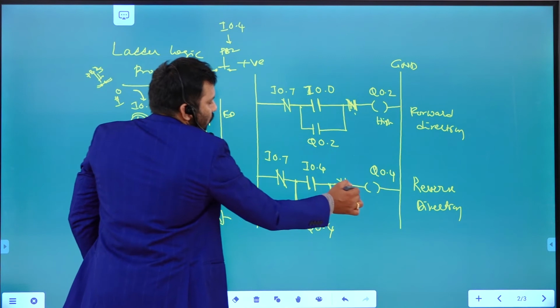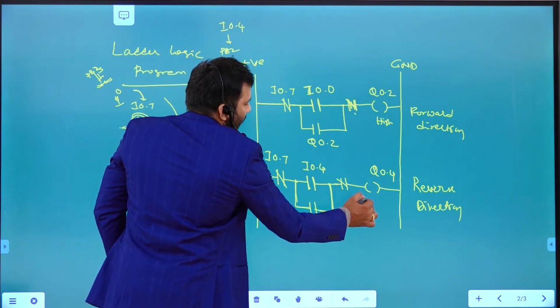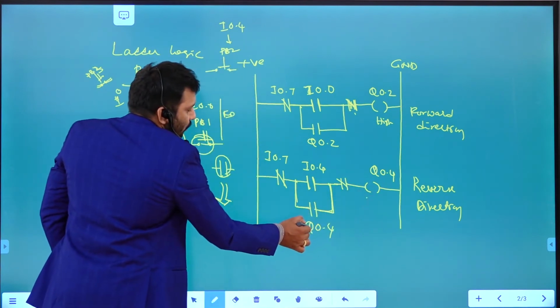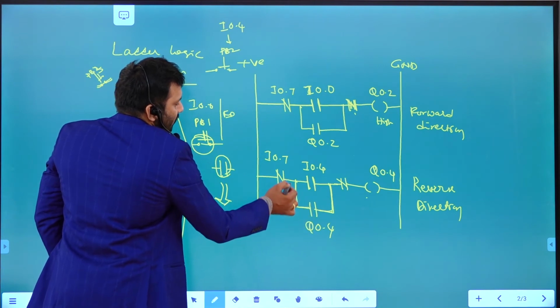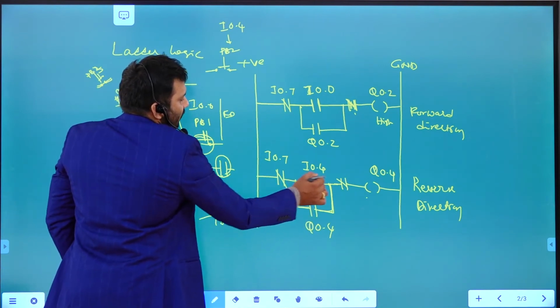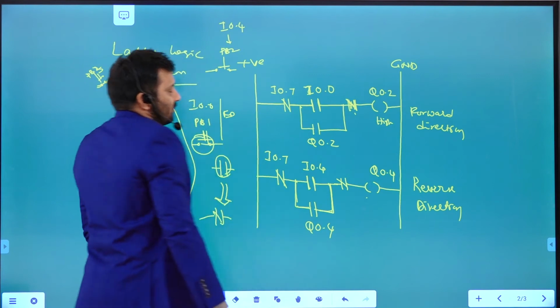Right? It's one, which means this is also going to be 1. This is going to be activated. The same input is going to give the same output, right? That is the reason it keeps on going in the reverse direction, right?